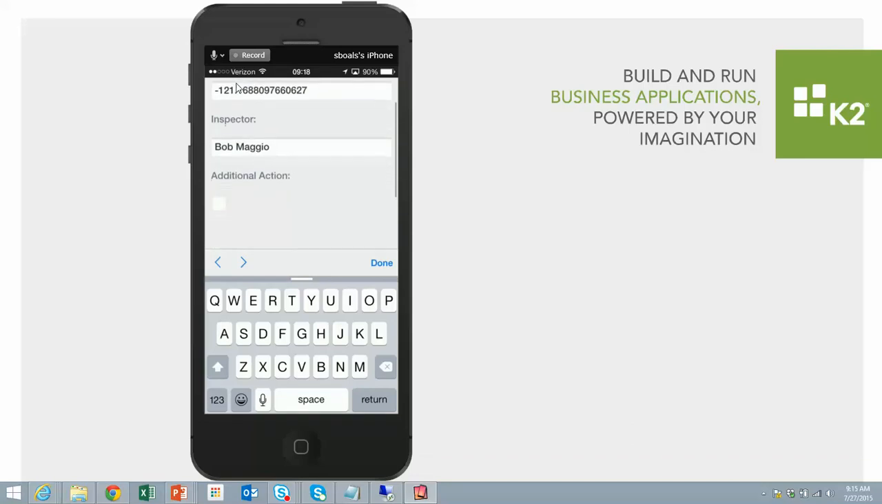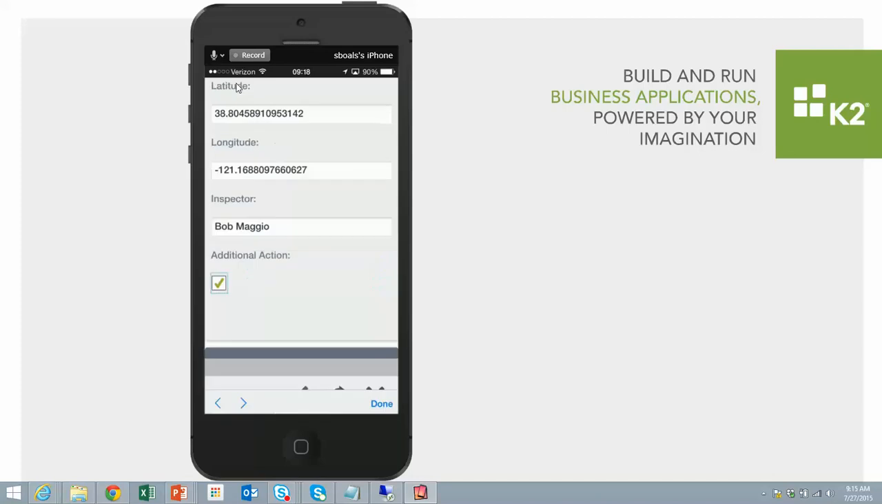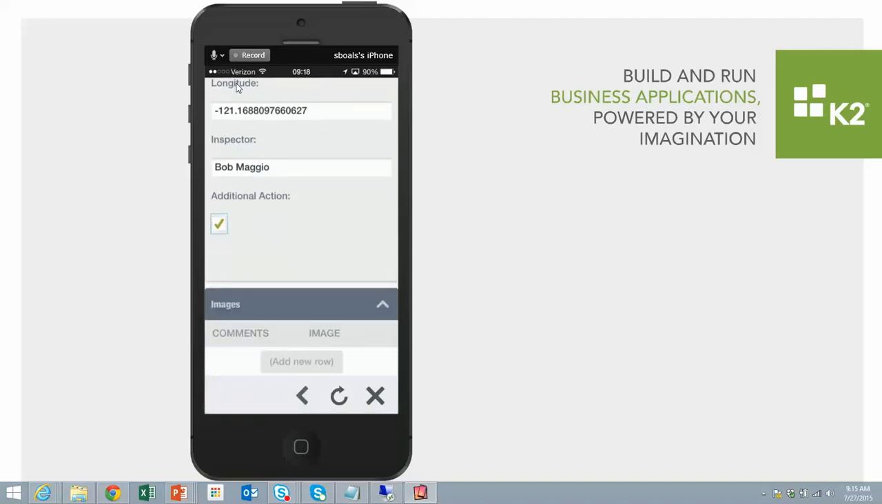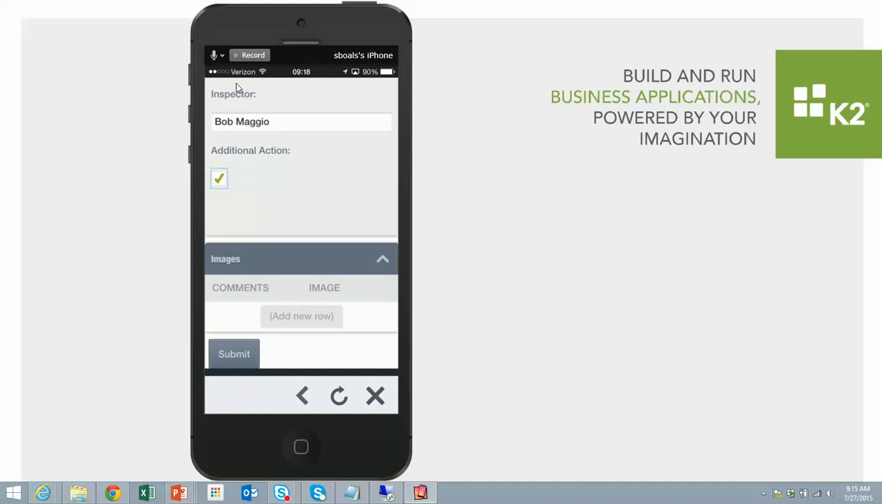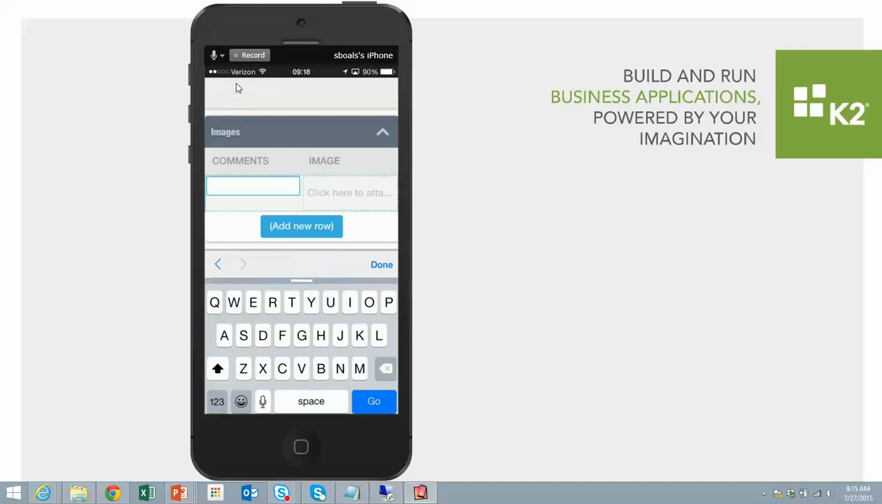So you can see I auto-entered. I know that Bob Maggio logged in, so that's my inspector. We'll go ahead and check additional action. And if I wanted to, I could kick off a workflow with this form. So based on additional action required, I could create a work ticket where somebody will come out and actually replace parts on this pump. In this example, I've also included a separate view within this form that allows the